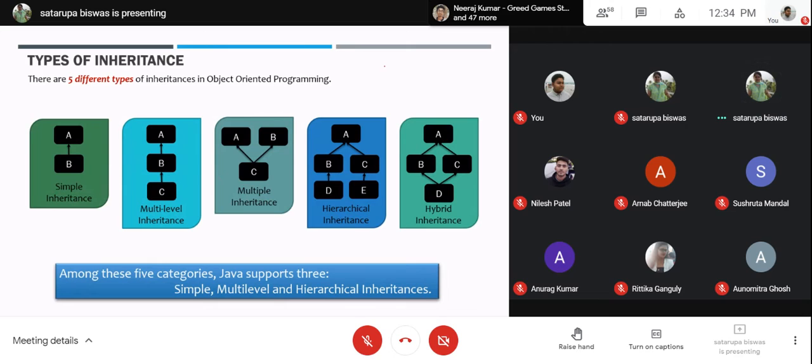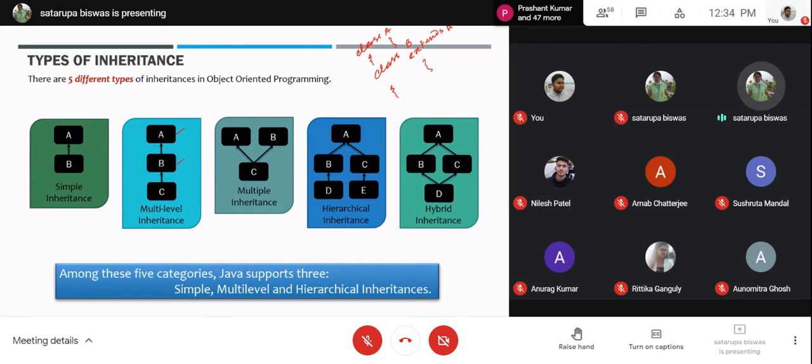Okay. The example will be class A being a superclass, class B extends A. This is what we'll be creating. After that, multi-level inheritance. Multi-level means from a superclass, a subclass is generated.